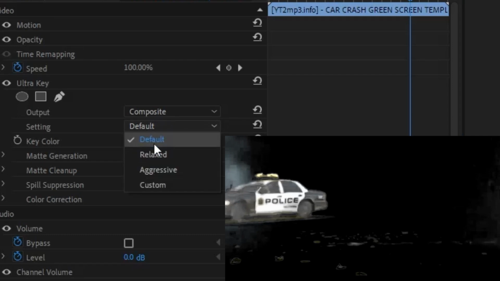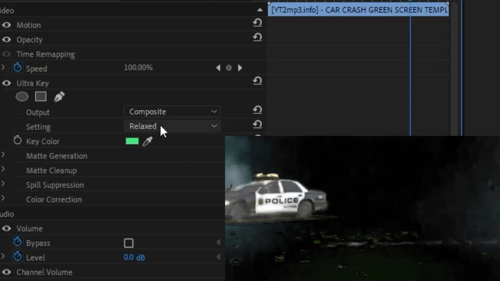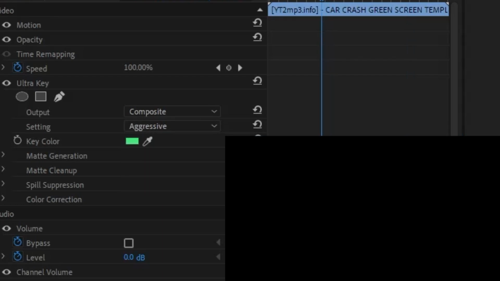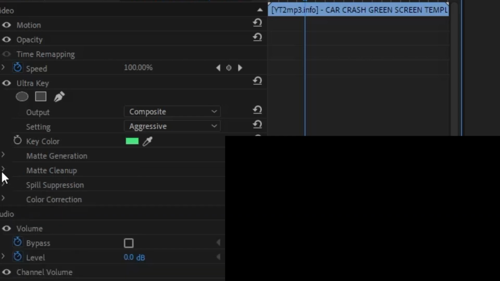Sometimes the effect of the Ultra key doesn't always get all the green bits around it. It's done a good job here, but sometimes you want to press aggressive, so you may see it's a little bit more. If you relax it, you can see there's a lot more green in the video, but if you go for aggressive, there's a lot less. You can also change these when it comes to the matte generation, the cleanup and all that. So if we play it now,